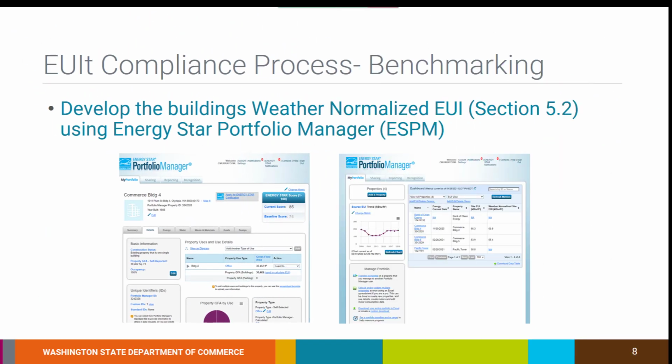Benchmarking using the Energy Star Portfolio Manager Energy Accounting System in accordance with Section 5 of the standard is the first step in pursuing compliance with the Clean Buildings Performance Standard through the EUIt performance metric. Buildings unable to measure energy use in accordance with Section 5.2 shall pursue compliance in accordance with the investment criteria